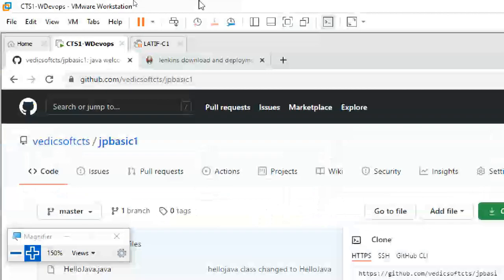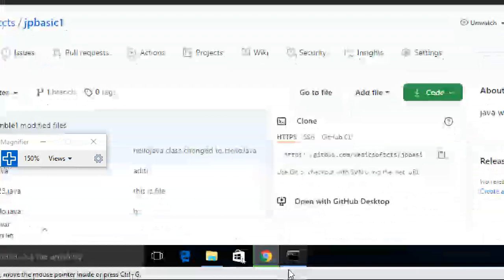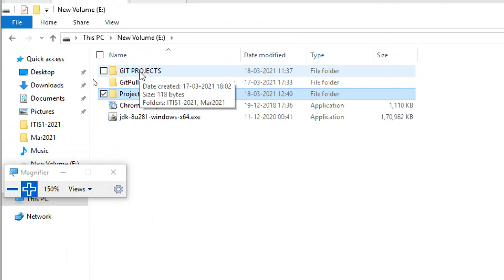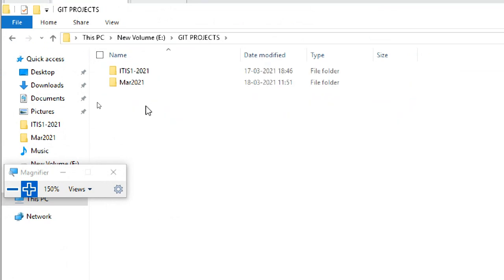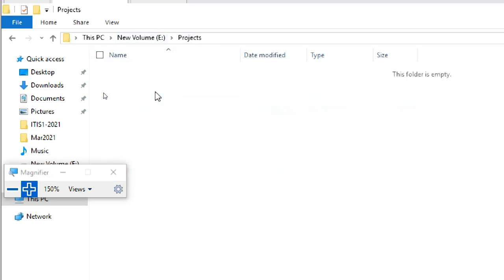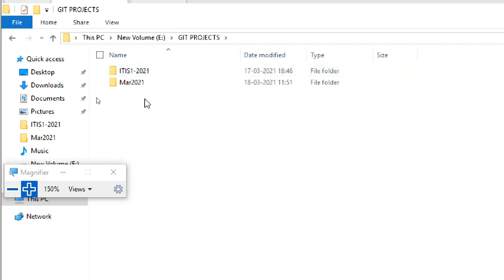Okay, because we should know how to do it in a normal way. So copy, and I'm going to git projects, or maybe I can go to git pull, anything. Oh, it is already there. Okay, so I will show you from the start then. So I'm going to git projects.